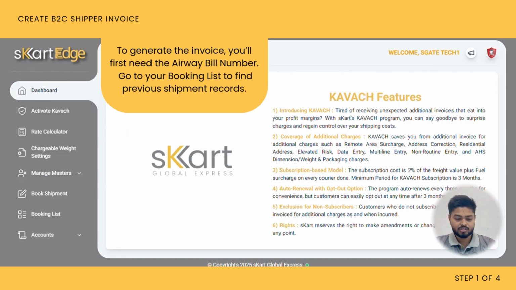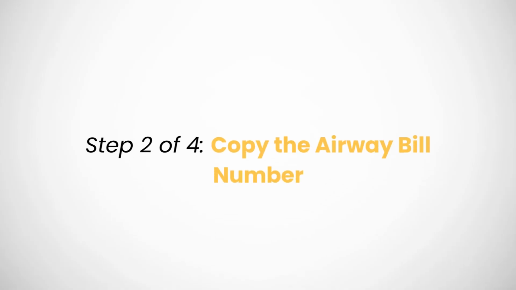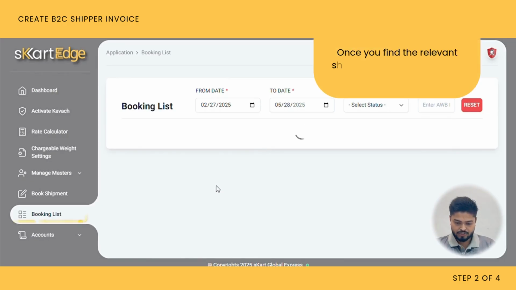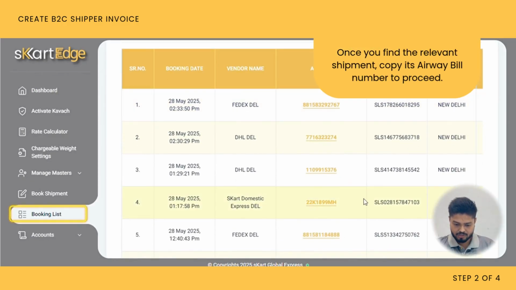So to create shipper B2C invoice, you will be needing Skart airway bill first. So you can check out your airway bill of your previous shipment from booking list. So you have to copy the airway bill first,